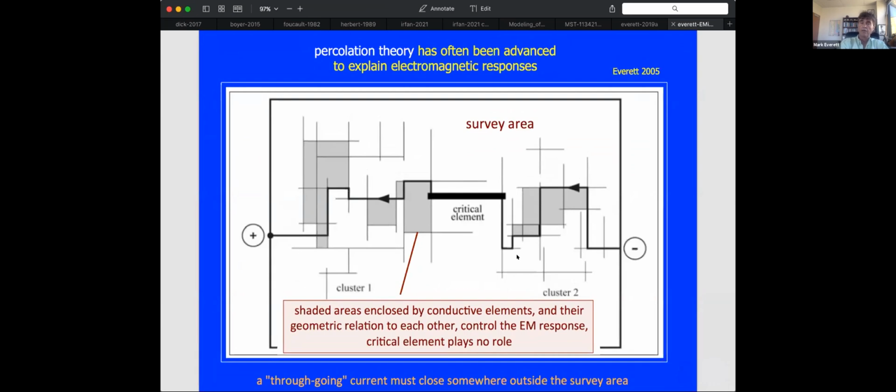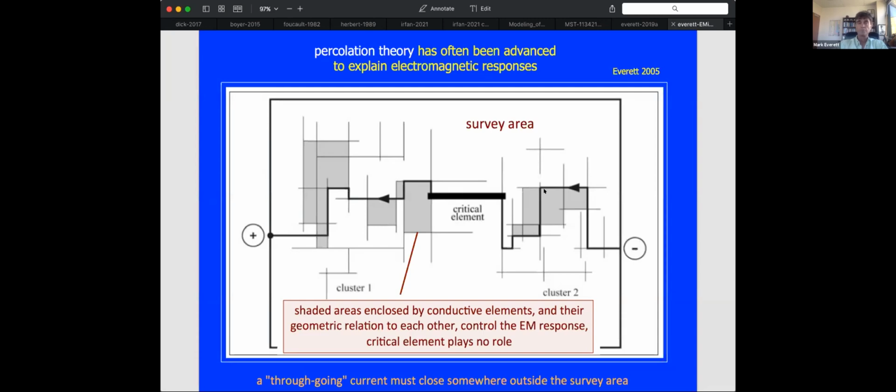So for example, here is a survey area, hypothetical, in plan view, and it's supposed to be like an area of fractured rocks. So these are fractures here, conductive fractures. And what I've done is I've shaded in all of the areas that are enclosed by a continuous perimeter of these conductive fractures. So in other words, these are areas where currents can flow in a closed loop. And these are the areas that enclose them, or that are enclosed by them, excuse me. And so if you were to expose this survey area to an external time varying flux, you would expect that these areas of exposure of flux, by Faraday's law, would generate currents flowing through these perimeters,